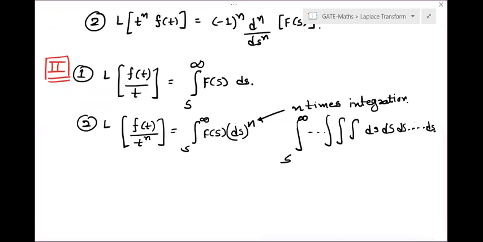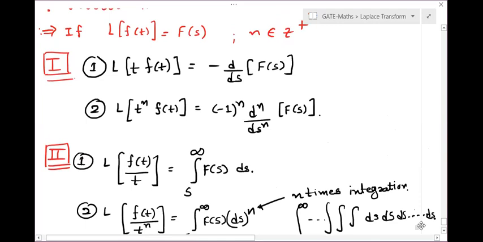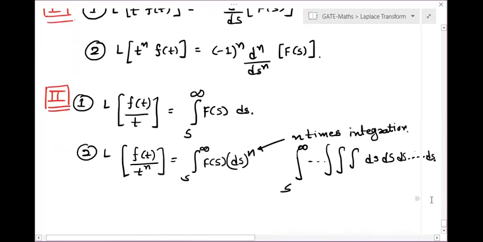Right. Now let us see the reciprocal property. These properties are based on the following: when your function is multiplied by t, you are going to have differentiation on the outside. When your function is divided by t, you are going to have integration on the outside. Now, if your function is differentiated inside, then what will happen outside? Let us see. That property is very important from both points of view.